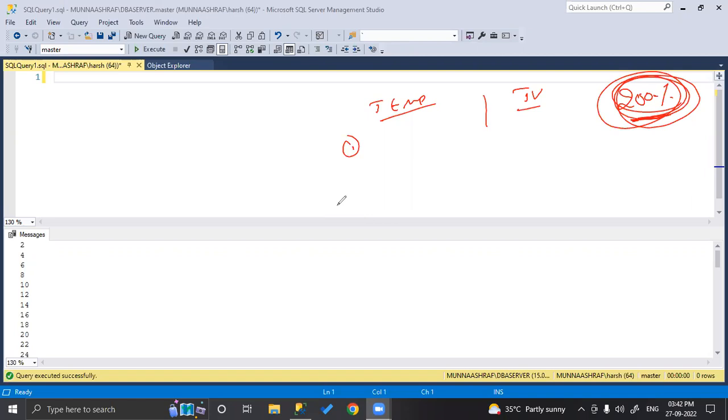If we try to store huge data, once RAM got full, it will store in temp.db also.